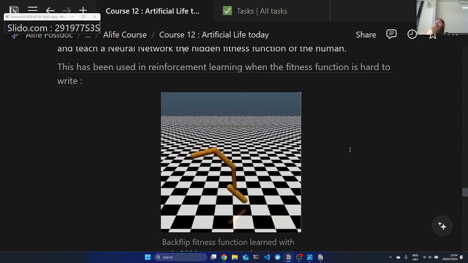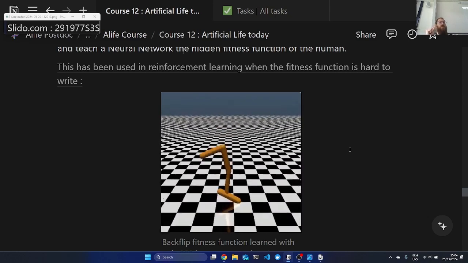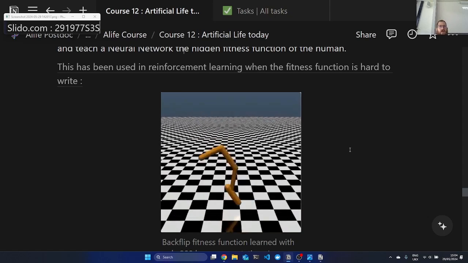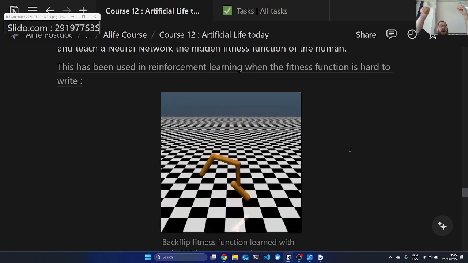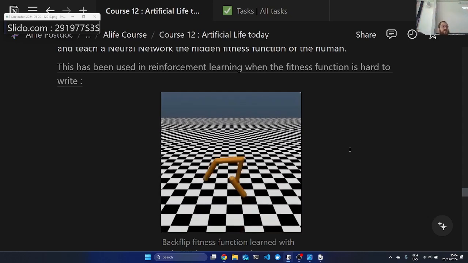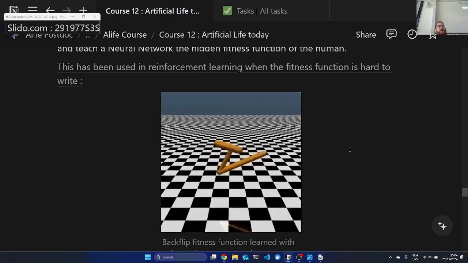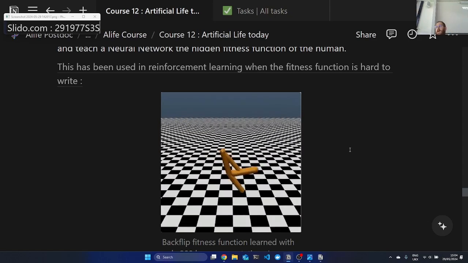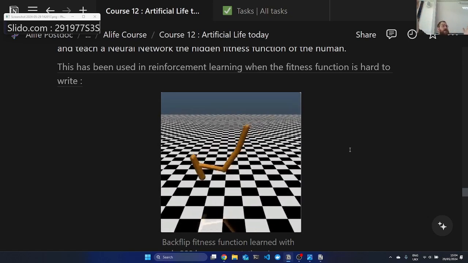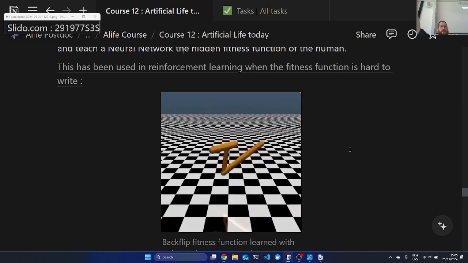Of course, this is very hard because what is the fitness function for what is a good backflip? If you want to write it, you kind of have to say, okay, you have to have a non-zero angular momentum, then you have to fall back on your feet, so you can start putting terms which check for it and give you a score, but it's very hard. It's very different from the case of the Karl Sims evolved creatures. When you want a creature to go from point A to B, there the fitness function is super simple, it's just the distance to the target point.